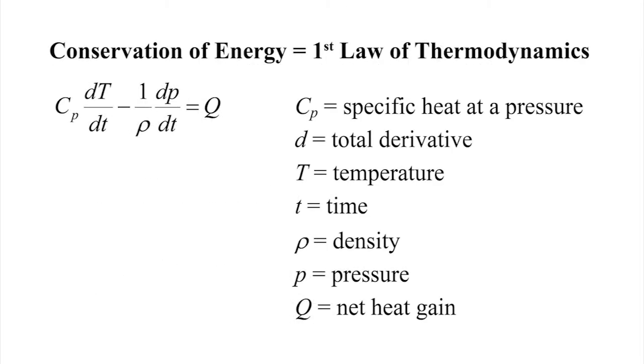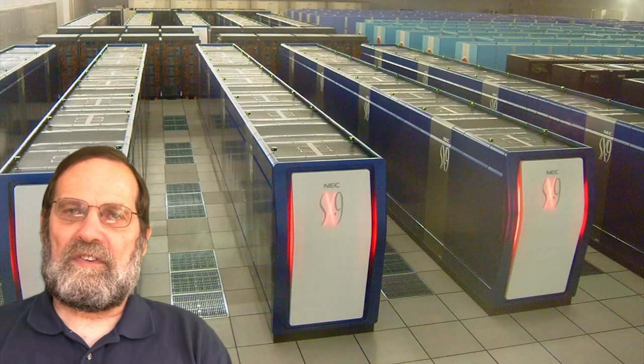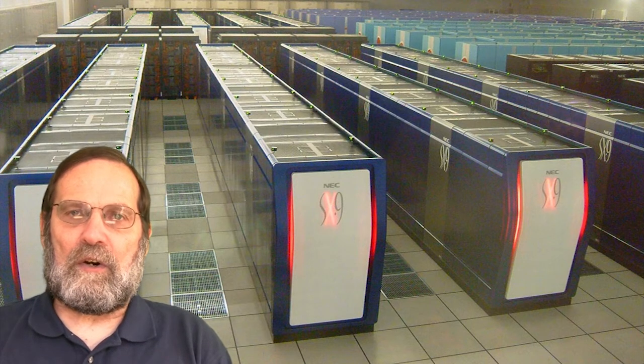The first law of thermodynamics is a mathematical expression of the conservation of energy. C sub P is specific heat at a constant pressure. It's equal to the amount of energy required to change a substance's temperature by a given amount. D equals total derivative, T equals temperature, small t equals time, rho equals density, P equals pressure, Q equals the net heat gain. Together, these equations constitute the fundamental or primitive equations of fluid mechanics that are at the core